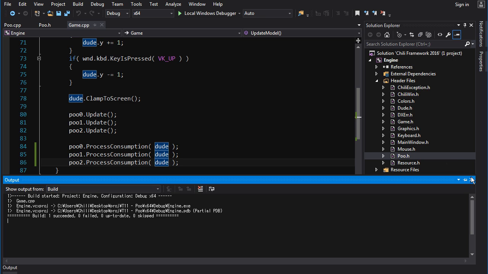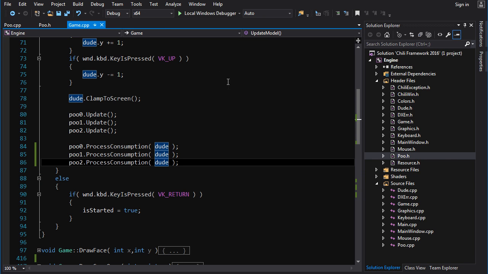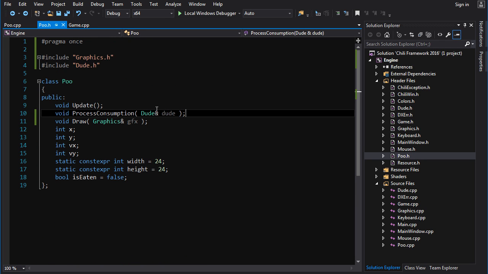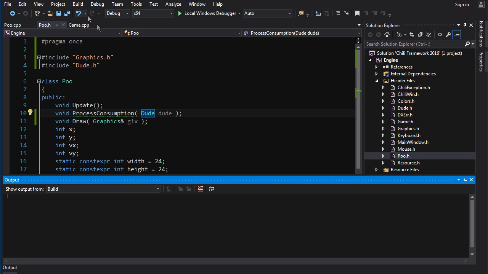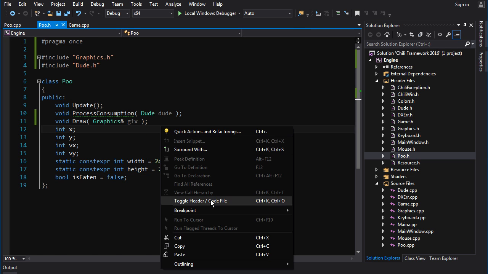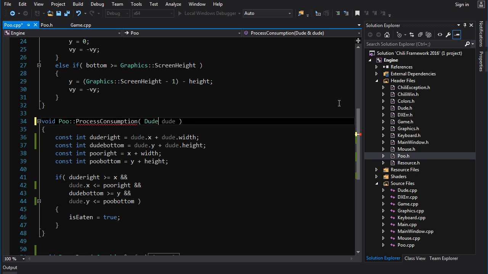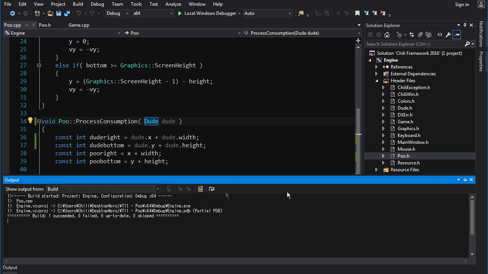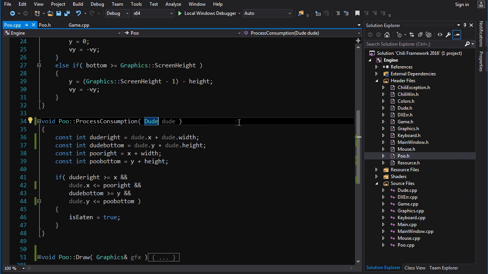All good. Now, here's the thing about passing in the dude into the process consumption function. Technically, we don't even need to pass this one in by reference. We could pass it in by value. We just build that. Oh wait, I gotta change it in the implementation as well, like this. And so we build that, and that works fine. There's no problems. That'll run. So yeah, because you can make a copy of a dude,